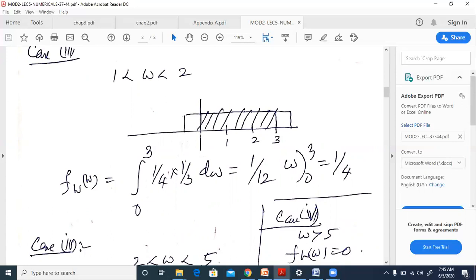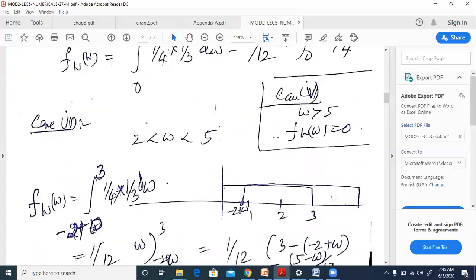So from the point minus 2 plus w crosses this point, we'll have a partial overlap until it crosses this point, which is 3. So minus 2 plus w equal to 3 will give w equal to 3 plus 2, that is w equal to 5. So from 2 to 5,